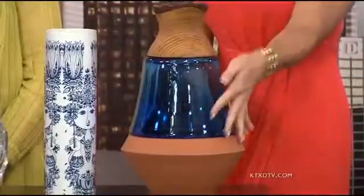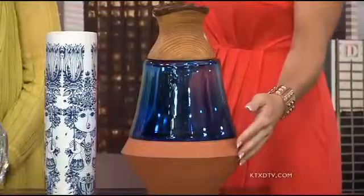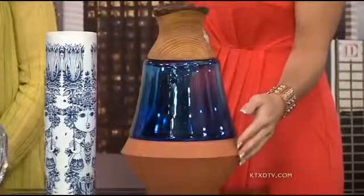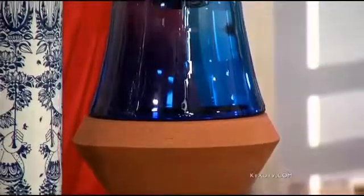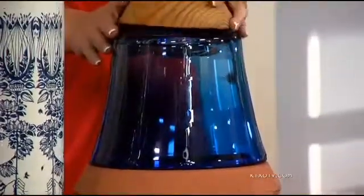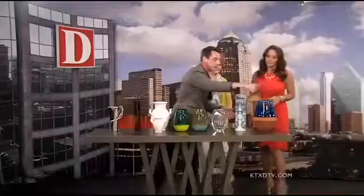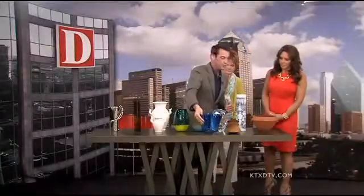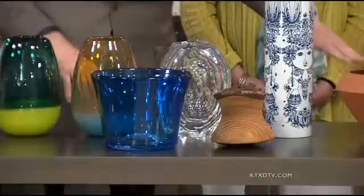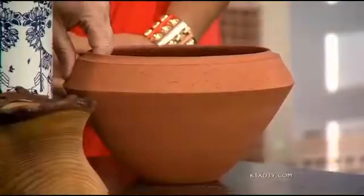Now we get to this, which is super cool. This is an artist I found just outside of London in Dalston. It's a growing area, very trendy. These come apart. Let me show you. So this piece and this piece come undone. When the artist makes this, she puts this on the potter's wheel and creates this piece,